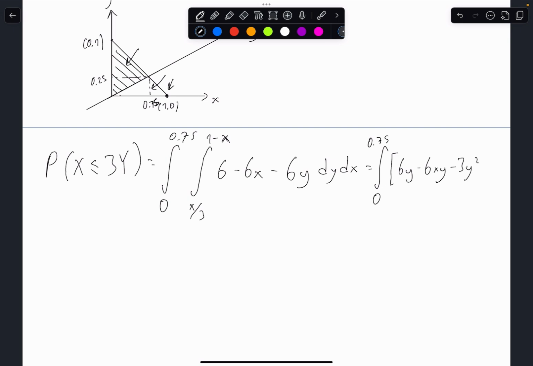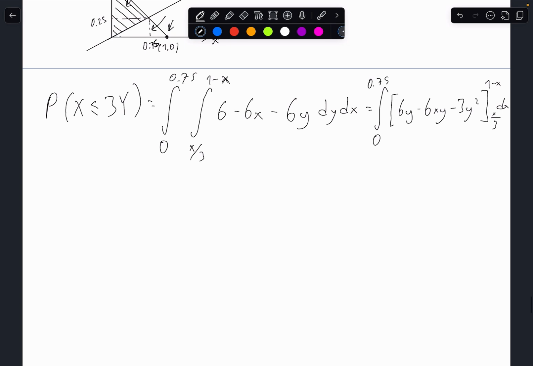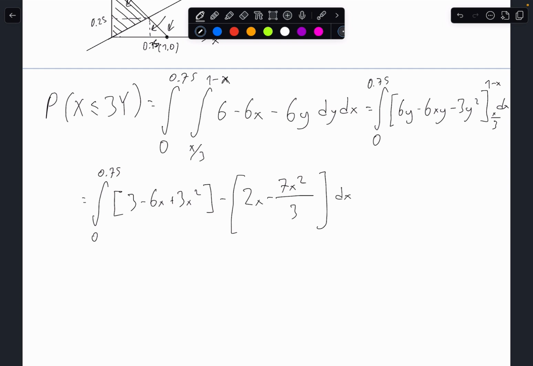Minus 3y squared, bounds are 1 minus x to x divided by 3 dx is equal to 0 to 0.75, 3 minus 6x plus 3x squared minus 2x minus 7x squared divided by 3 dx equals